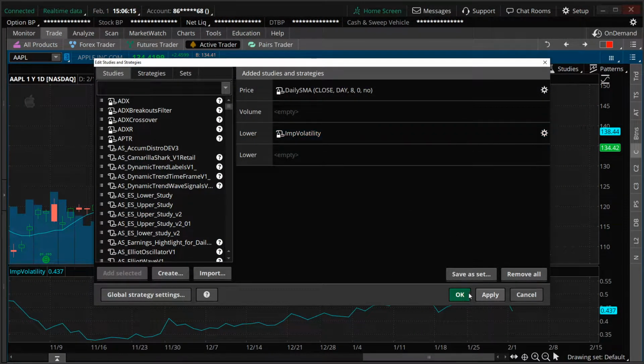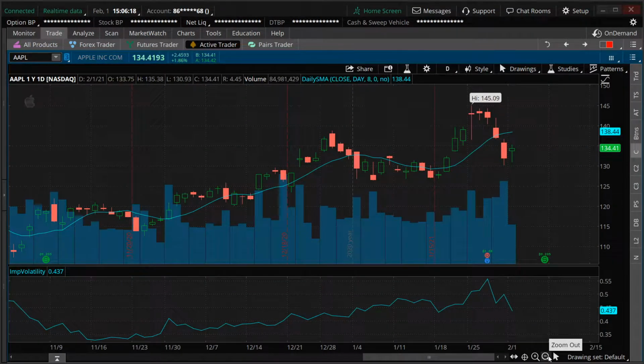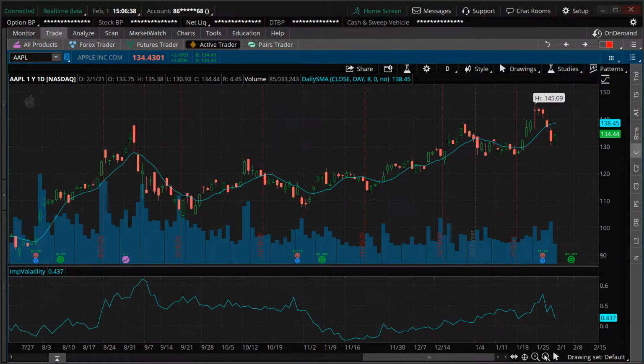Implied volatility, it's called. Stocks that move a lot during the day, high ATRs, names like Netflix, Nvidia, AMD, Tesla, those stocks usually have high implied volatility year-round. But also, individual stocks will have high implied volatility around unknown events, like earnings. If it's a biotech, maybe ahead of a drug approval, maybe there's some news in the stock, that volatility will go high. So let's first look at implied volatility here in Apple.